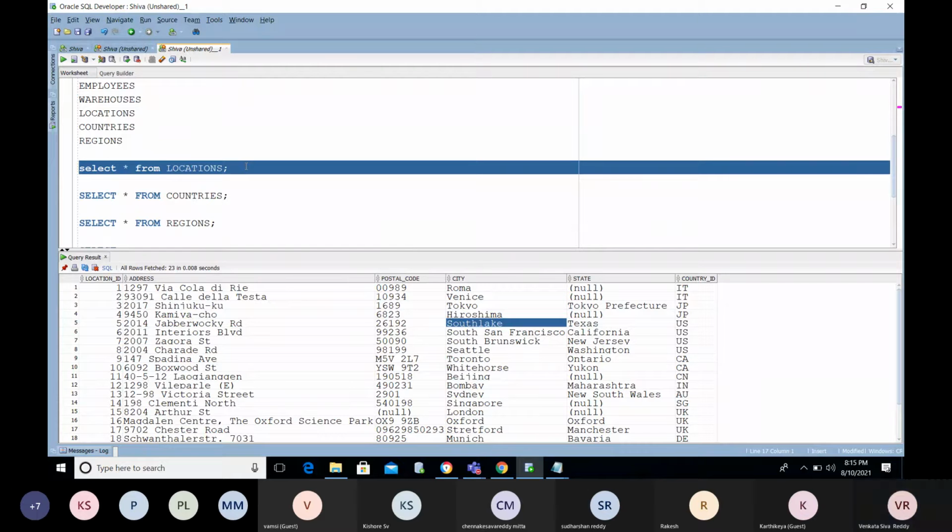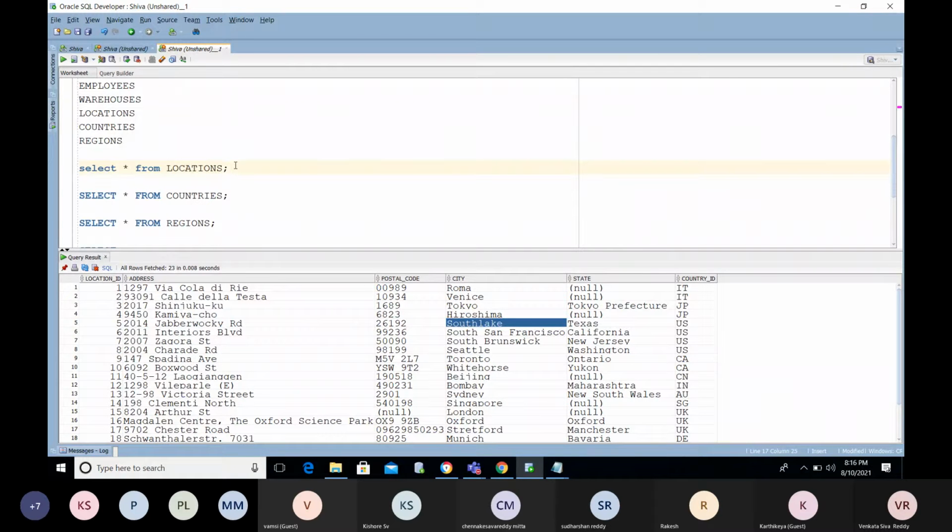From Select star from select Vijay Channa. select star from city is equal to South Lake. Shiva.